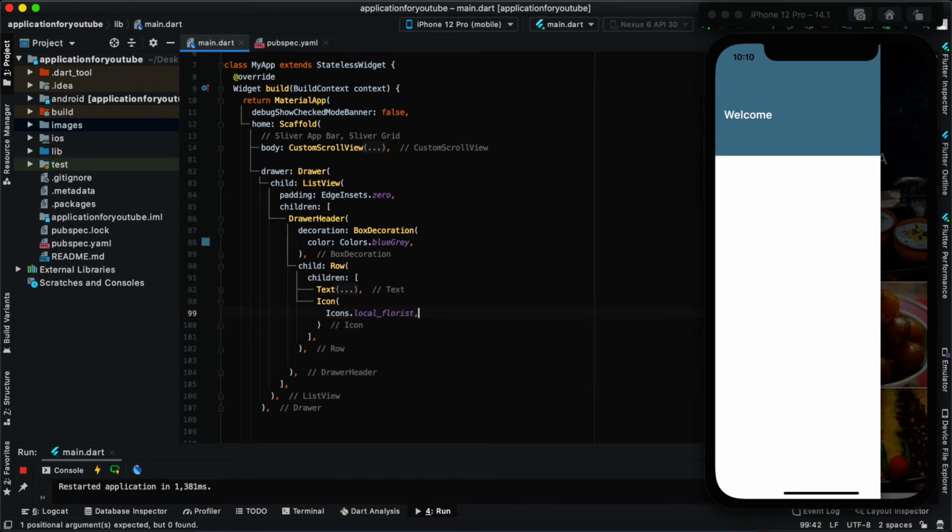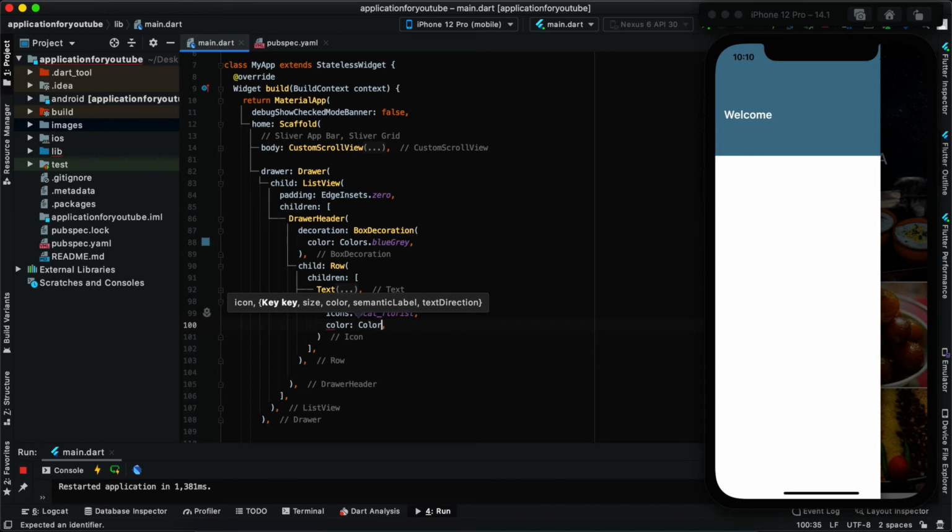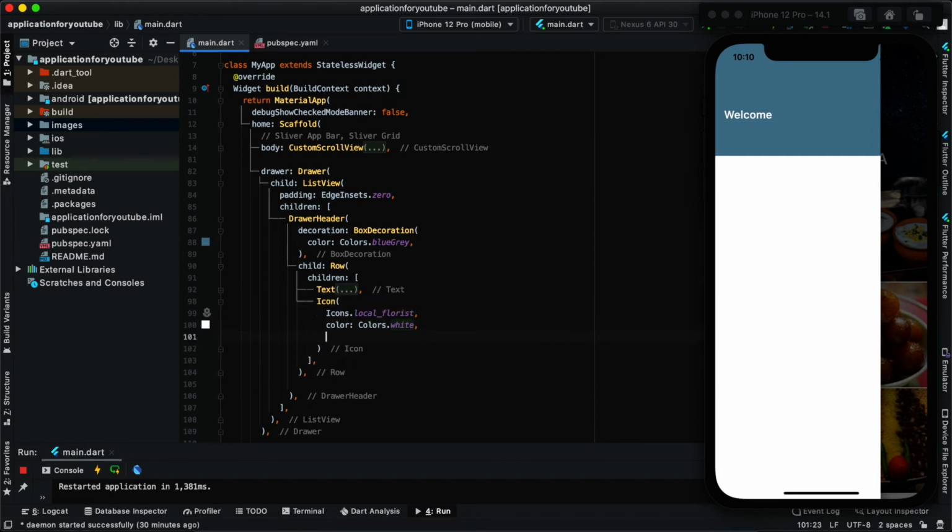Yeah, I chose this one earlier. Sorry, this is my color. Let's take the color again, the white, which we have for the text, and the size would be the same as for the font, which is 20.